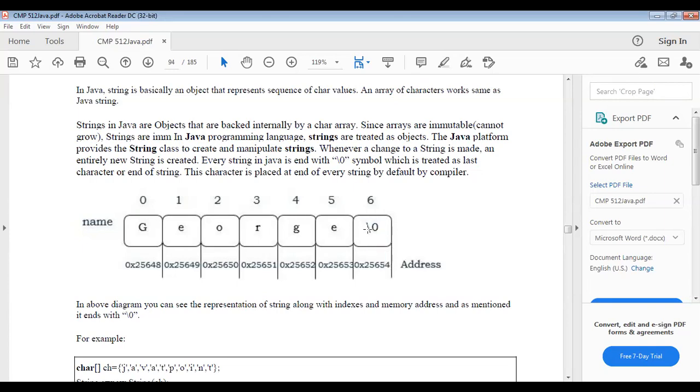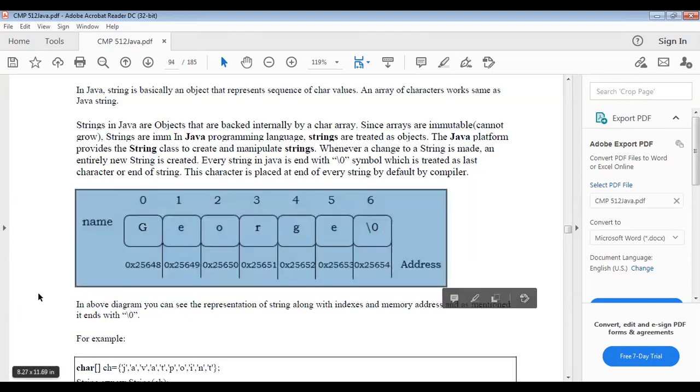Why is it \0? The \0 symbol is treated as the last character, meaning the end of the string. That character is placed at the end of every string by default by the compiler.